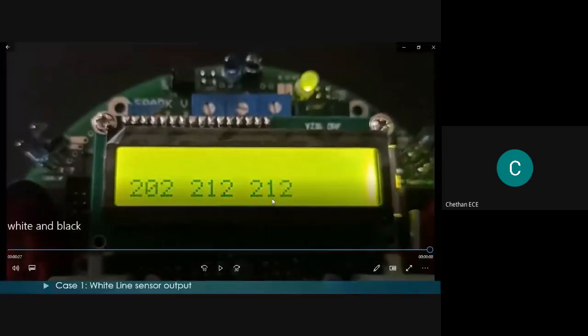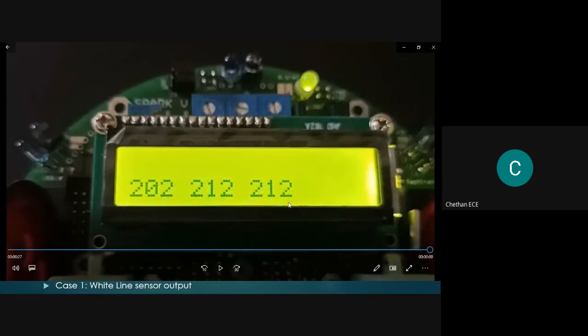From this video, you can differentiate how we can use the threshold values for black and white, and you can set your threshold value. If anything is less than 50, it means that it is a white line, and any value greater than 150 or 100 is nothing but your black line values. These particular values are very important when you do a line following experiment, because we may face a different combination of white and black lines during the path.